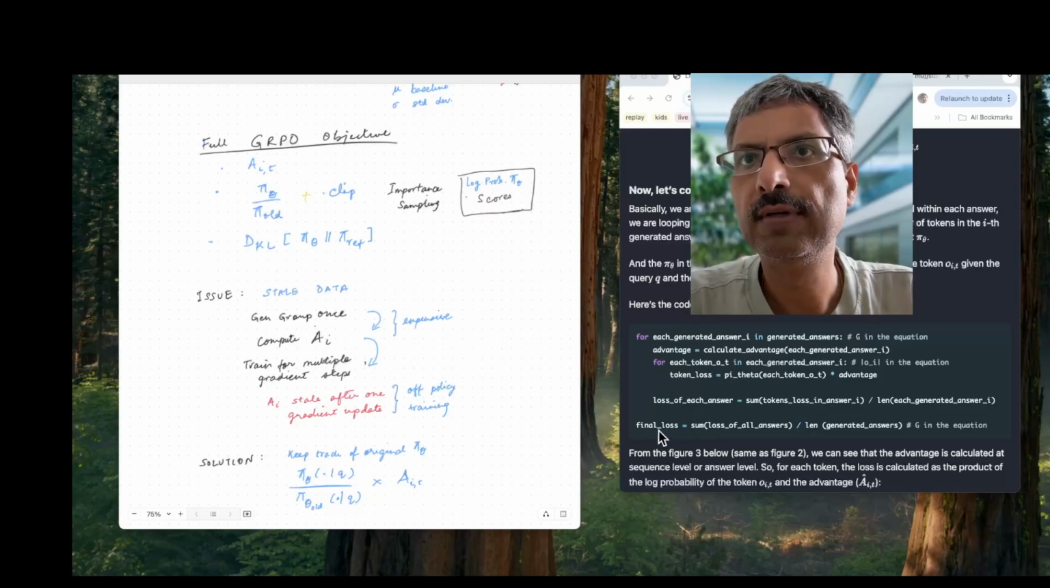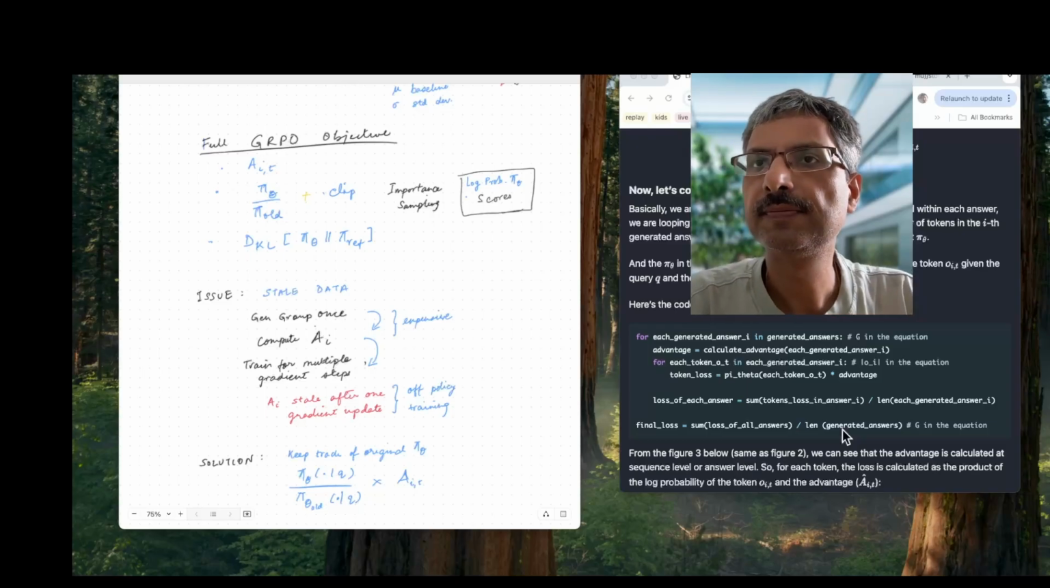Finally we get a final loss for the whole group, which is the sum of all the losses divided by the length of the generated answers. Right, so this is the core loop